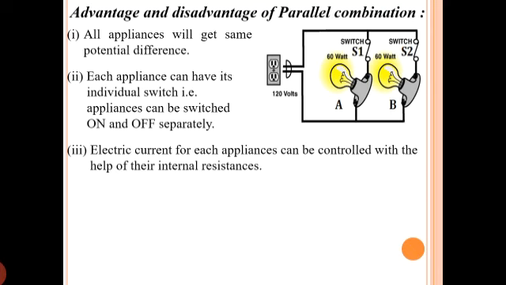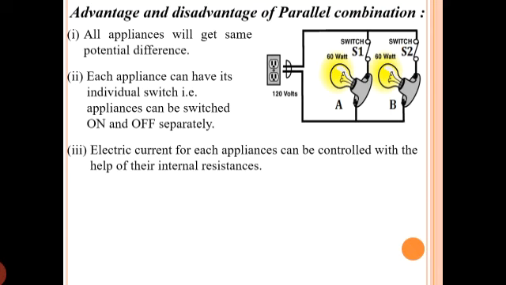So we know in the parallel, for example, bulb A and bulb B both are getting the same potential difference, so voltage is the same. Now if we want less current to flow through bulb A, we can increase its internal resistance, because we know current is inversely proportional to the resistance, and since potential difference is fixed, by just increasing or decreasing the resistance of the appliance, we can change the current flowing through it,